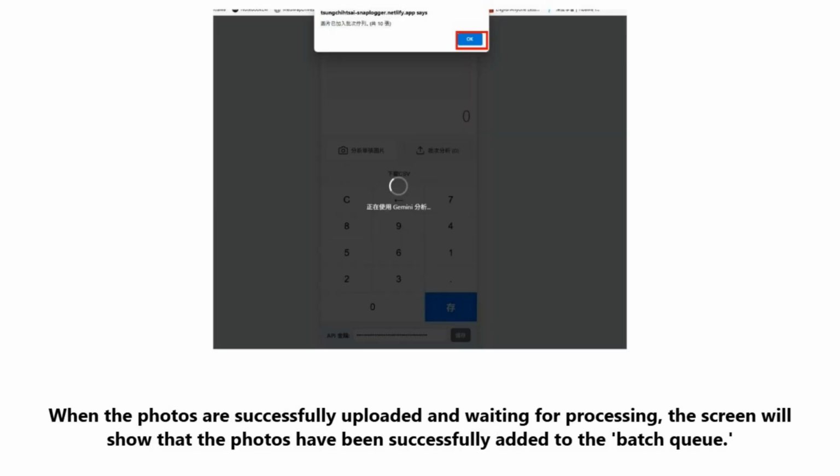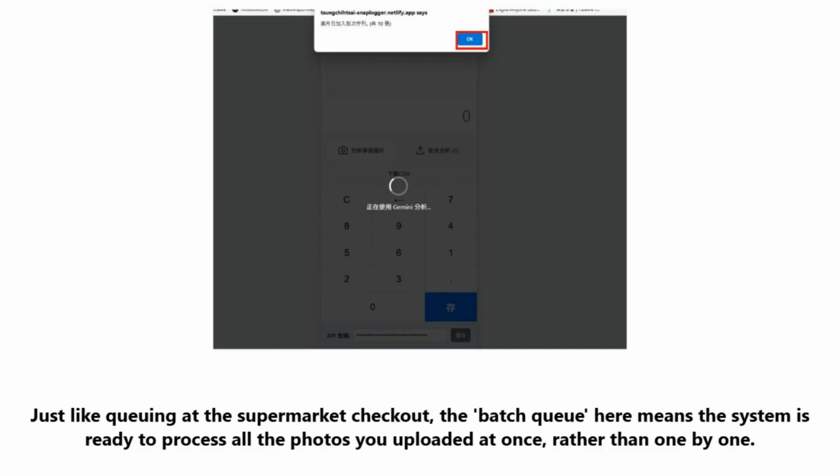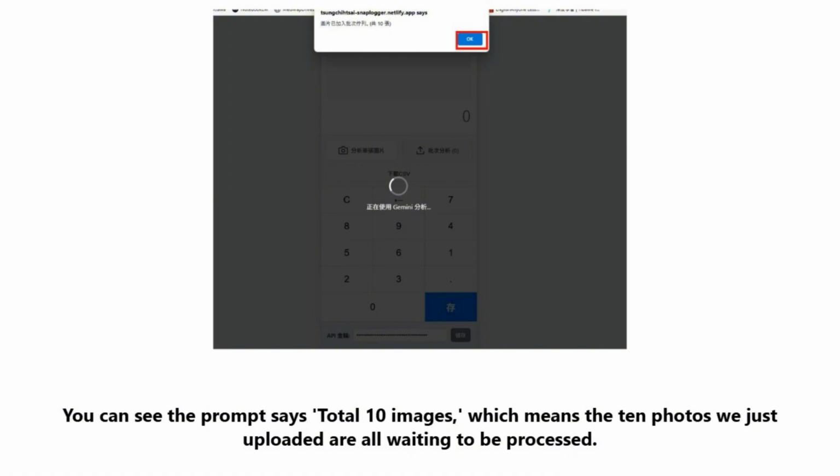When the photos are successfully uploaded and waiting for processing, the screen will show that the photos have been successfully added to the batch queue. Just like queuing at the supermarket checkout, the batch queue here means the system is ready to process all the photos you uploaded at once, rather than one by one. You can see the prompt says, total 10 images, which means the 10 photos we just uploaded are all waiting